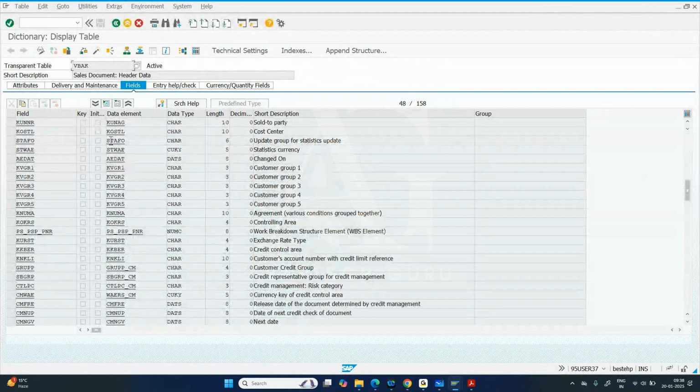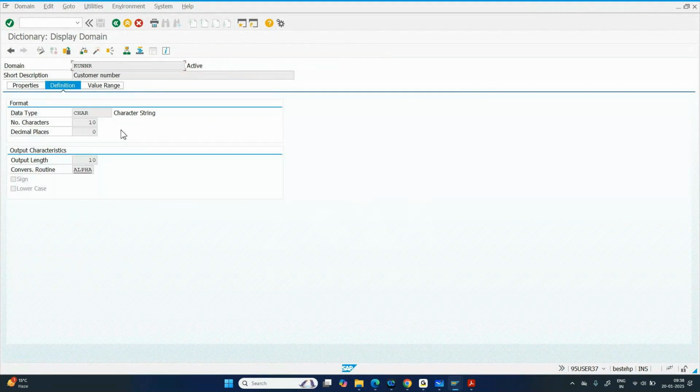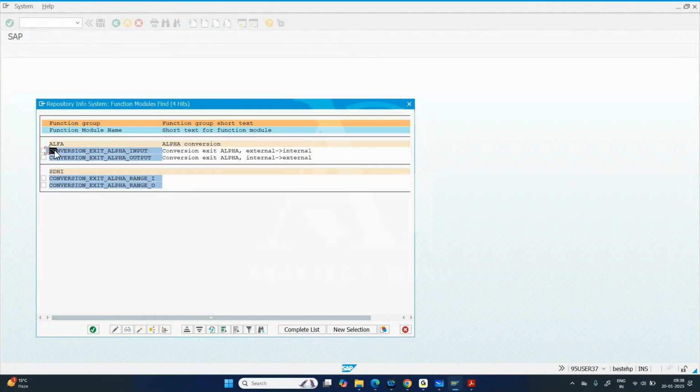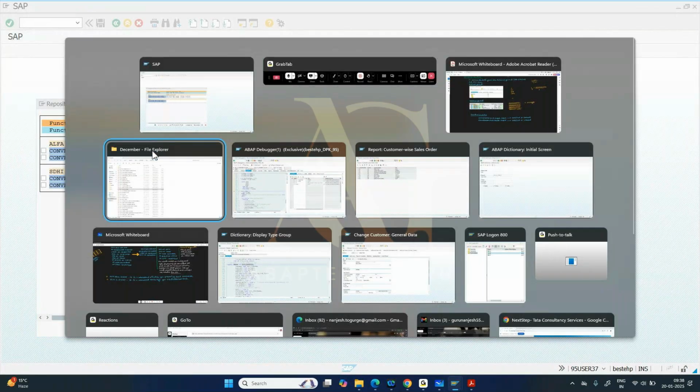So this is a data element. Go into this. This is a domain. Go into this, and this is a conversion routine. Go to this ALPHA, and this is a conversion routine which will convert your data from SAP external format into internal. Now what we are supposed to do is,